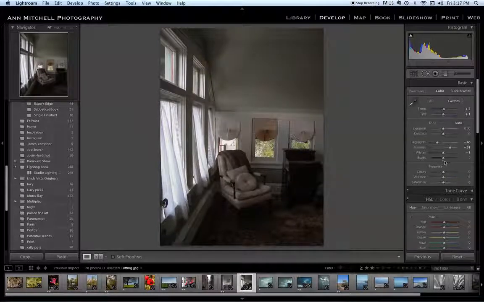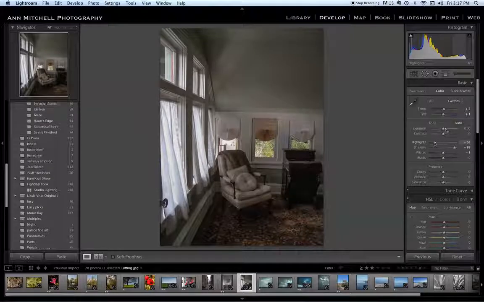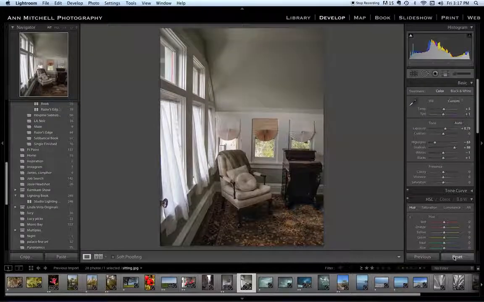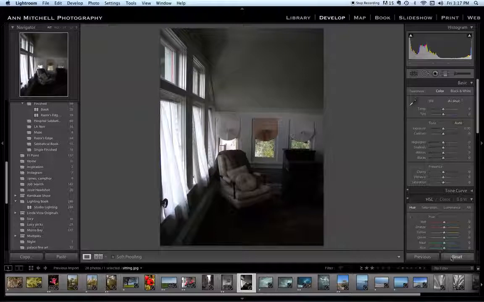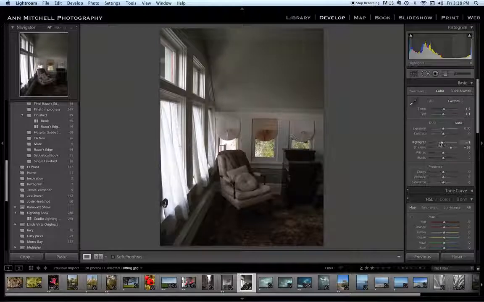And the one area that I find people tend to get a little confused with: let's say that we've really brought up the shadows, we've really brought down the highlights, and maybe we emphasize the blacks just to give it a little more sense of being a rounded image. So you're actually going to drag it down. Dragging the blacks down will make them darker. Reset this image just because there's so many things I did. And that was this button at the bottom. Go back, do my white balance. I'm going to open up my shadows, bring down my highlights some.